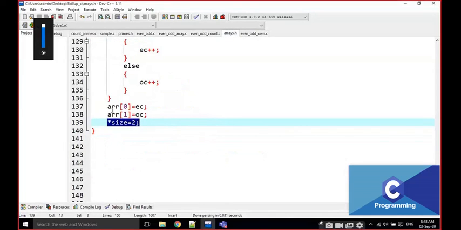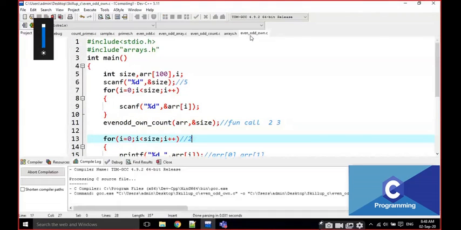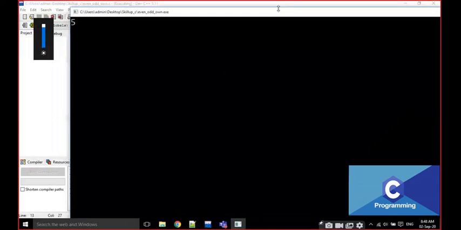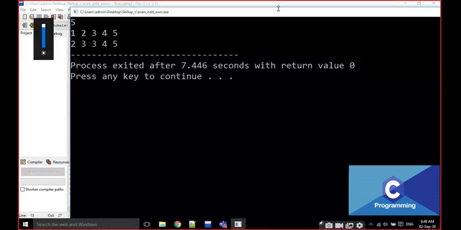Okay. Then here, how many values am I going to consider? For example, suppose this line is not there. Okay, students, suppose this line is not at all there, and I am going to execute the program. Just look at it: 5, 1 enter, 2 enter, 3 enter, 4 enter, 5. Just look at the values. These two values are modified. Why? Because this is the even count and this is the odd count. And the remaining are these values 3, 4 and 5.